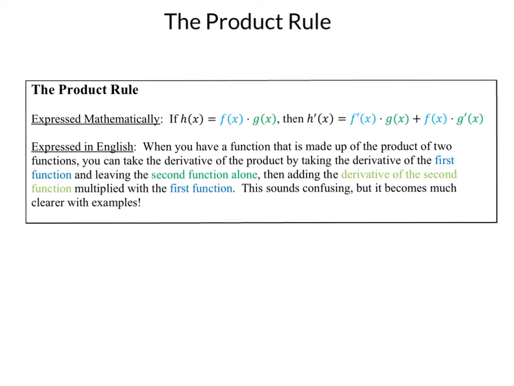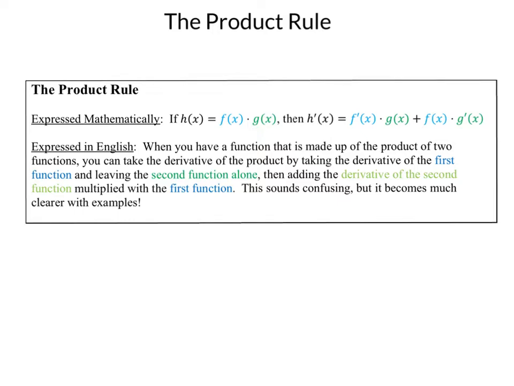Today we'll be continuing our three-part series on advanced derivative rules with something called the product rule. As you can probably guess, the product rule is used when you want to take the derivative of a function that is the product of two other functions. So for instance, if we have a function h of x, which is the product of f of x and